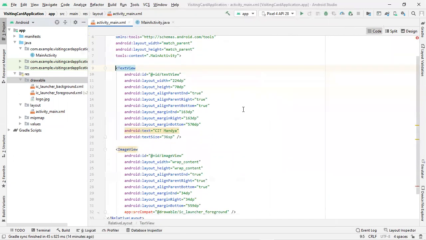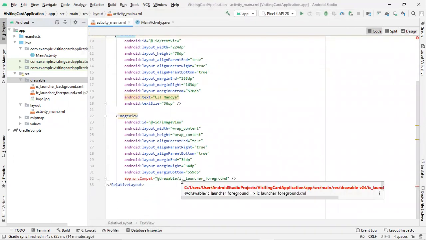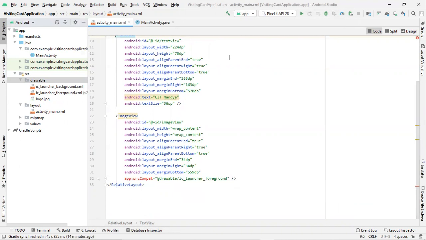Inside this code part, this is the image view we just added. In this image view, you are going to change the name because at drawable it is accessing ic_launcher_foreground. Now we are going to change that to logo. Let us see how we are going to do that. At the drawable folder, we need to access the image file called logo. So just backspace up to this point and click on logo. Now from the drawable folder, it is taking the logo.